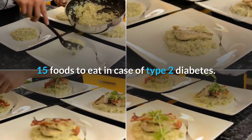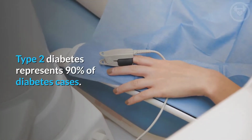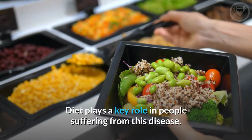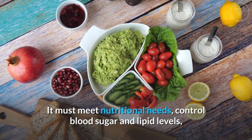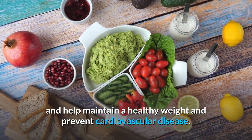15 foods to eat in case of type 2 diabetes. Type 2 diabetes represents 90% of diabetes cases. Diet plays a key role in people suffering from this disease. It must meet nutritional needs, control blood sugar and lipid levels, and help maintain a healthy weight and prevent cardiovascular